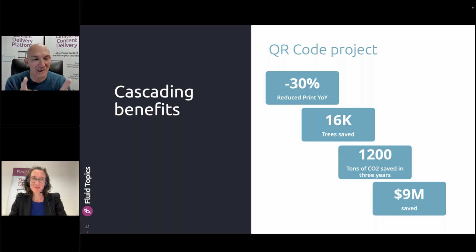It was not even the core project initially, it was really solving publishing issues. But when it was in place, they realized that they could do QR codes with deep linking onto the content and just stop printing. And that was a side effect, cascading benefits. Just that small side project had a huge ROI. And it was not even the core reason why they chose a CDP. So you see, that's interesting because once you have these CDPs in place, you will see how much you can do with that, how it's enabling you to do more, and you will imagine new business models, find ways to stop printing, save, improve your ESG policy and all that.